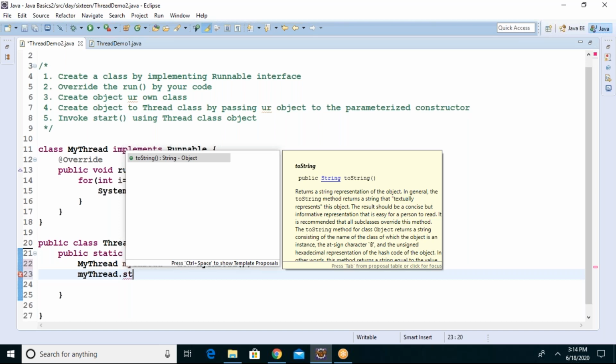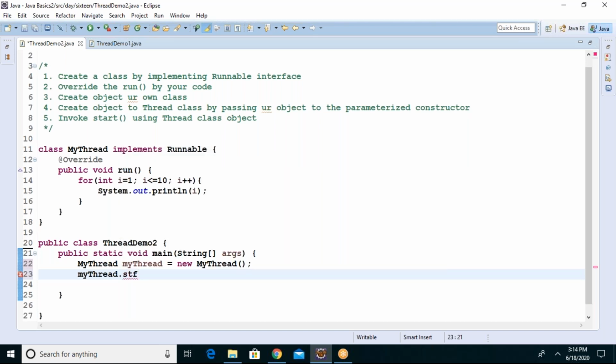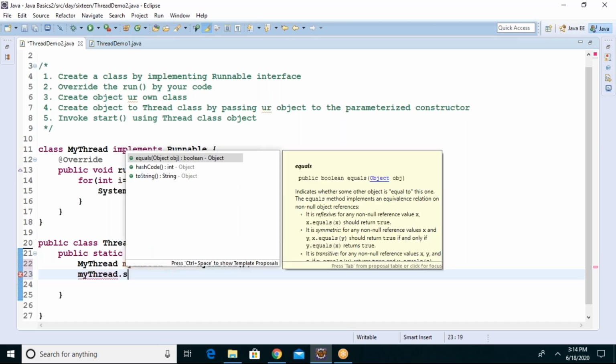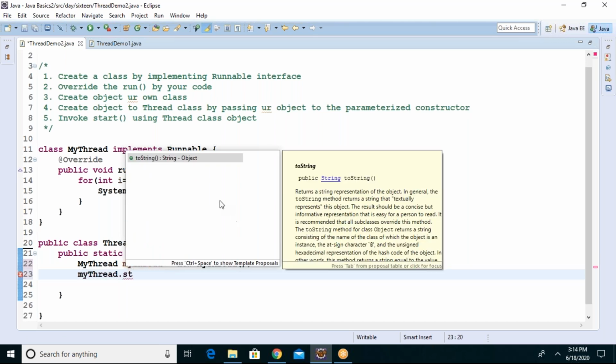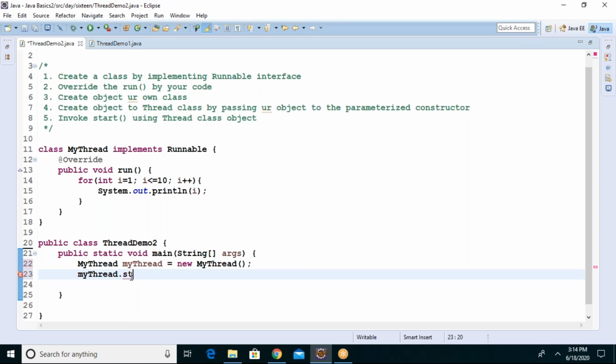Guys, do you have a start method? No. You don't have a start method. Dot start, no start method. So without a start method, can you invoke the thread, guys? Give me a moment. Yes.